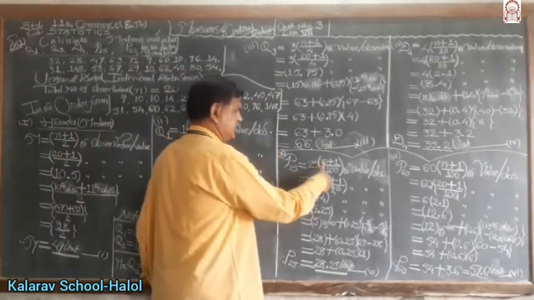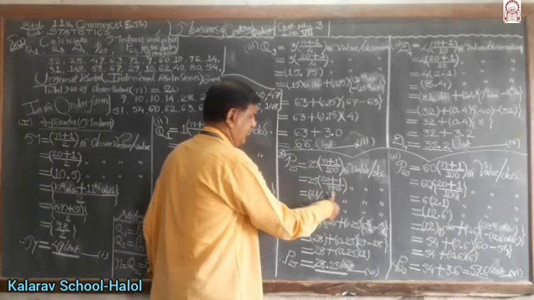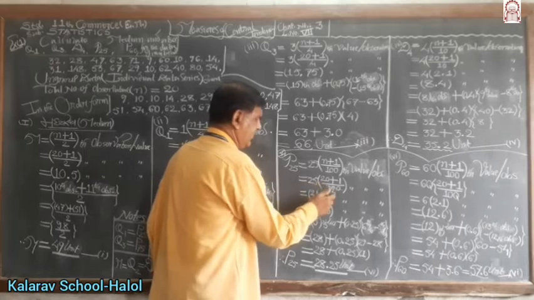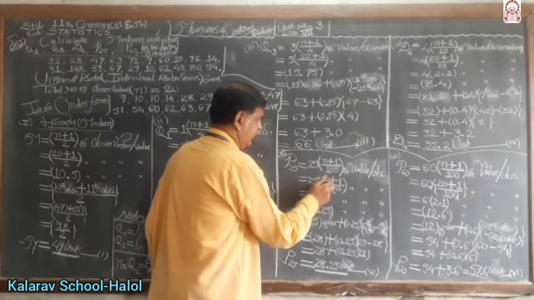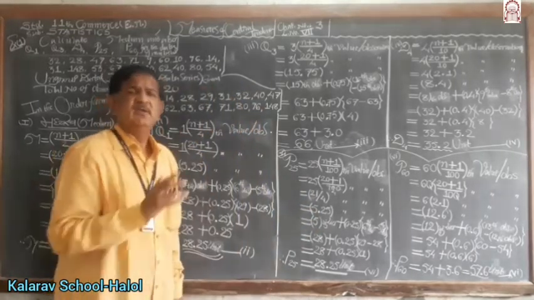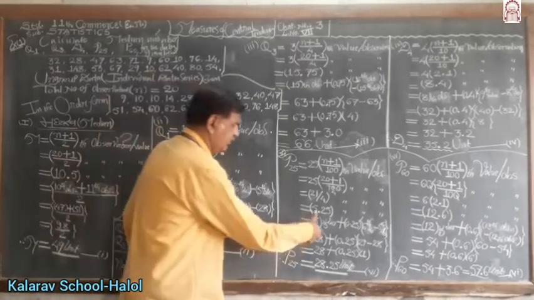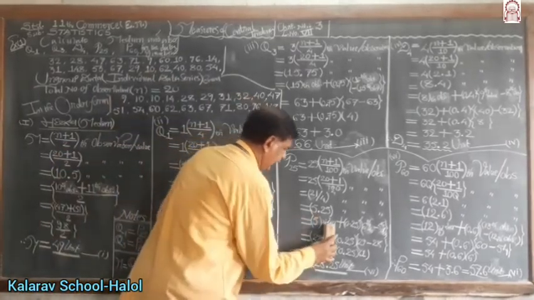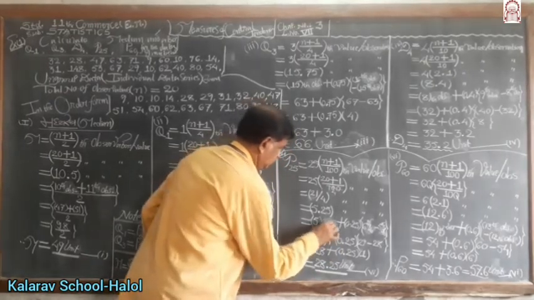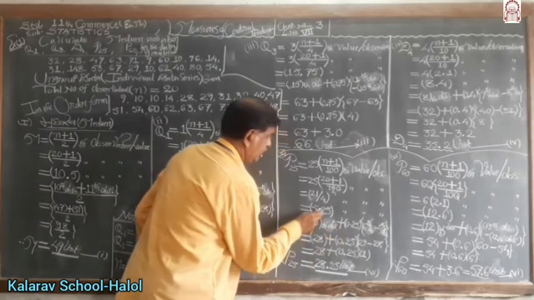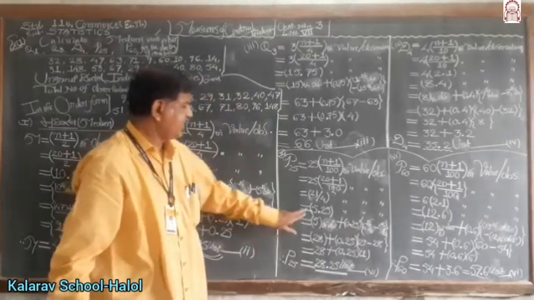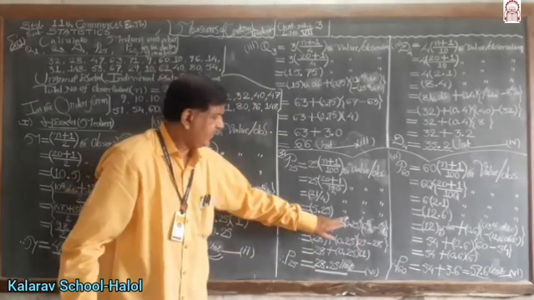Now substitute the value. N is 20, 20 plus 1 is 21, upon 4, because 25 fours are 100. Cut. Therefore, 4 is the denominator and in the numerator there is 21. The simplification is 5.25. Once again, the same procedure can be adopted. The fifth observation means the fifth value. The fractional part is 0.25, and this value lies between 5 and 6, and therefore 6th value minus 5th value.